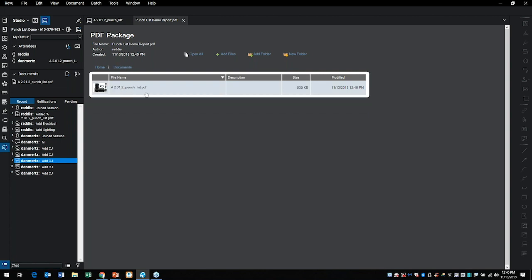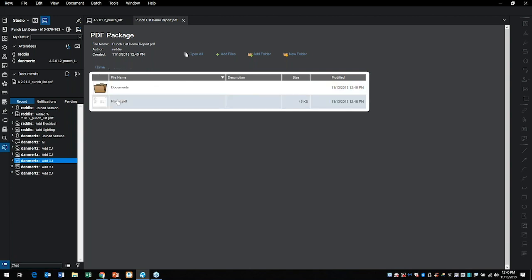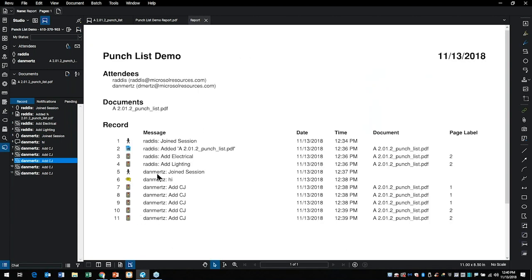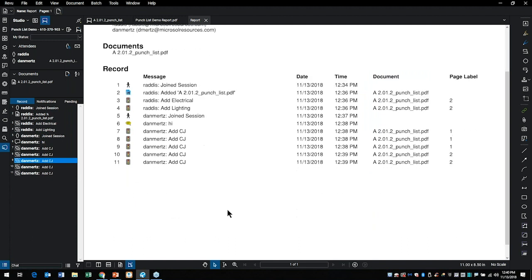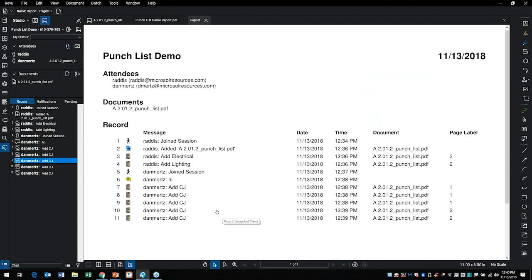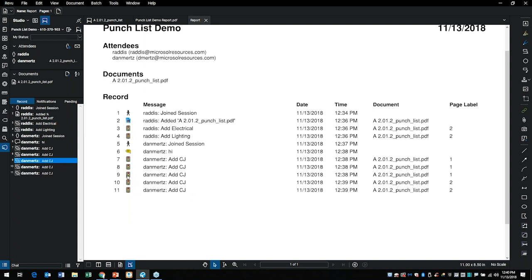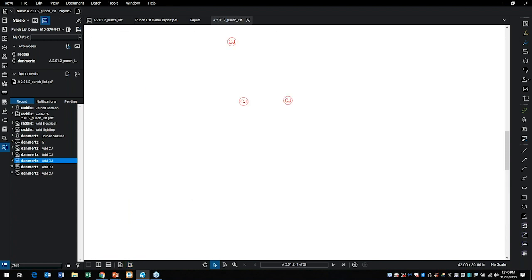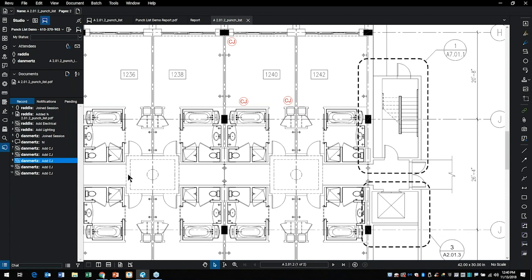session. So if I double click on documents, we can see the documents that were in there. I'll click on home, and I can click on report or not. So there's my report. Now, what's nice about the report is that the report is hyperlinked to that document that downloaded. So I can click on something that Dan put in, and it'll take me right to that. So it's a big advantage to be able to do this sort of thing out in the field on your laptop or on your